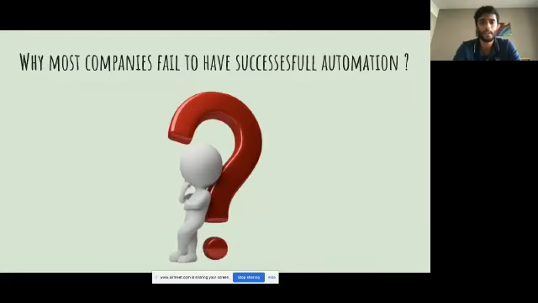Most companies definitely vouch for automation. They know why automation is required and invest a lot of time in it, but somehow they fall behind in leveraging the benefits of automation. So I want to talk a little more about that.